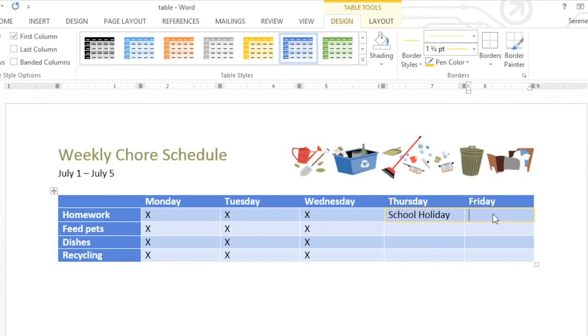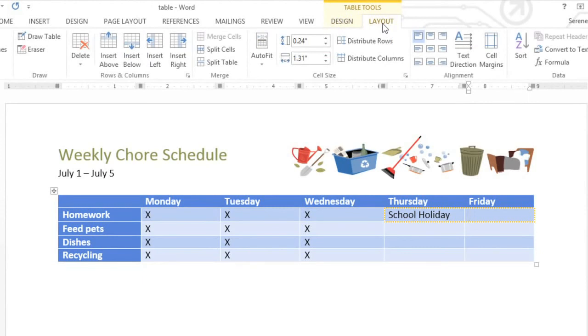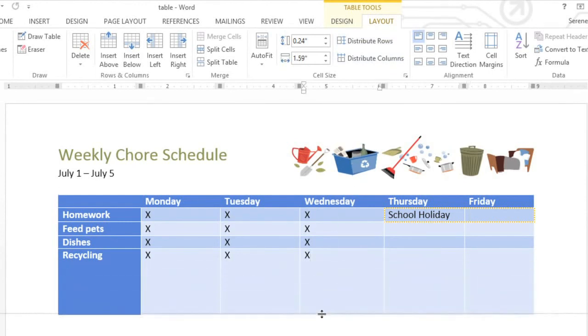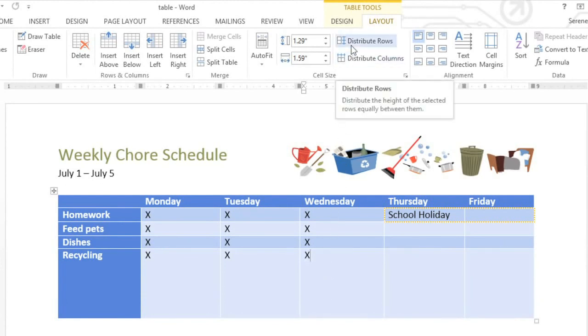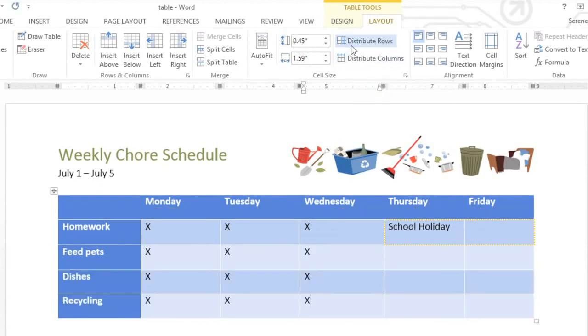You can make further modifications to things like the size and layout of your table by going to the Layout tab. The first thing I'd like to do here is make the table a little bigger overall. I'll start by placing my cursor in the bottom row and then dragging the border to the size I want. When you're ready, click the Distribute Rows command, and the rows will readjust so they're all the same size again. Next,